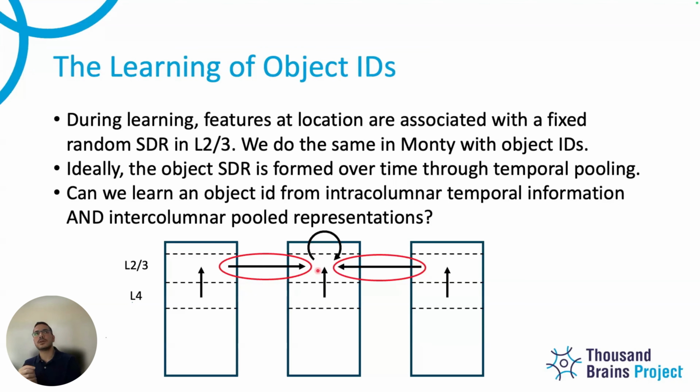I think the implementation that I'm thinking about is to enforce some sort of sparsity in the representation here, that makes the layer 2 and 3 representation more of a binding layer that tries to come up with a representation to force agreement between all of these projections that are coming into this layer at the same time. And that would help with voting later on. I'll go into more details.